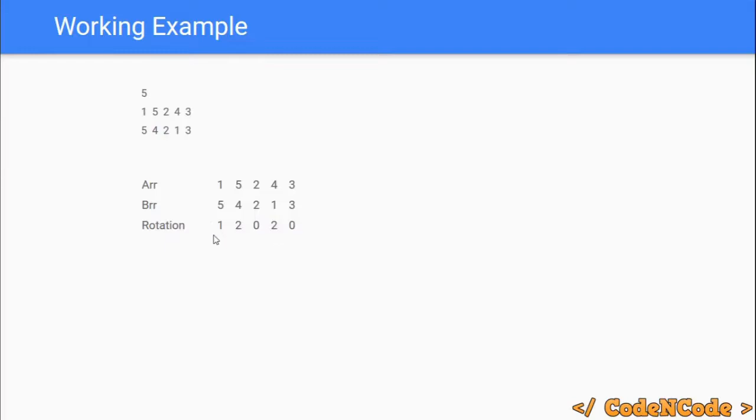So now that we have this information, 2 elements will be on their correct position after 0 rotation and 2 rotations. Frequency of 2 is 2, which means there are 2 elements which will be on their correct position after 2 rotations, right? 4 and 1 will be on their correct position after 2 rotations. Similarly, after 0 rotation there are 2 elements which will be on their correct position, which are 2 and 3. So the maximum frequency of any element is 2, so the answer is